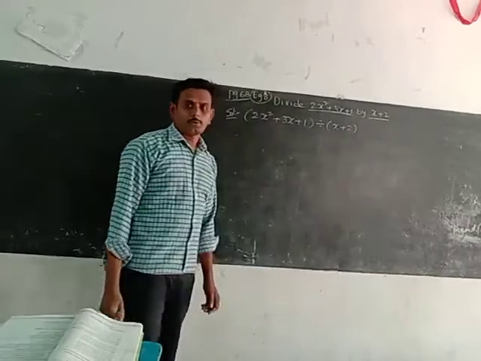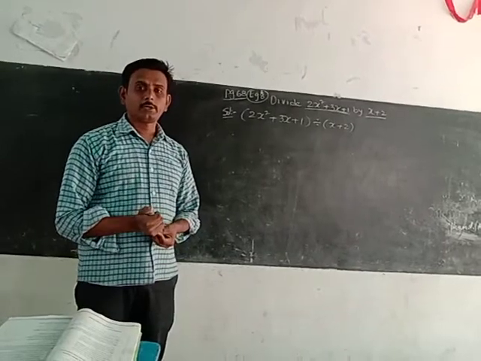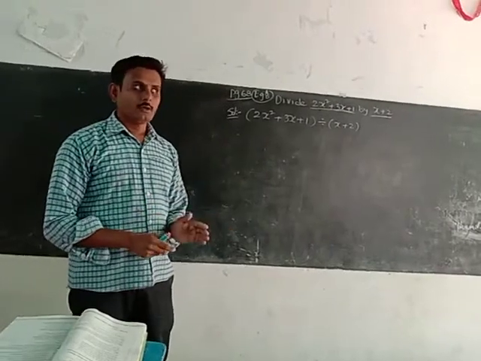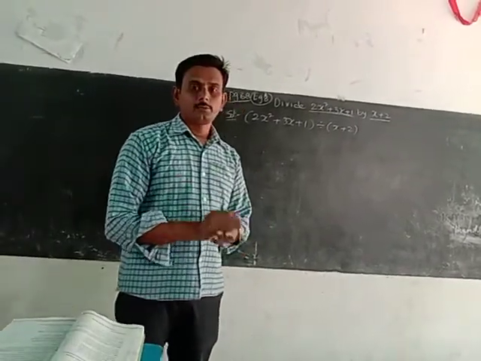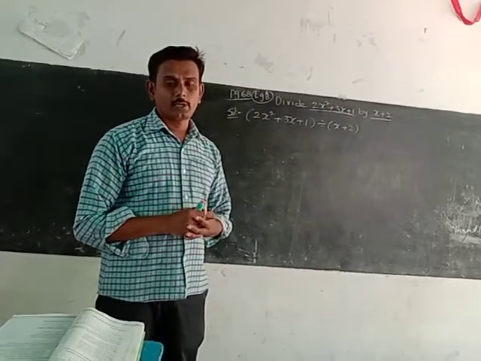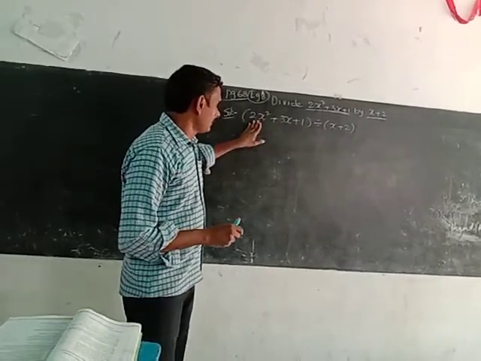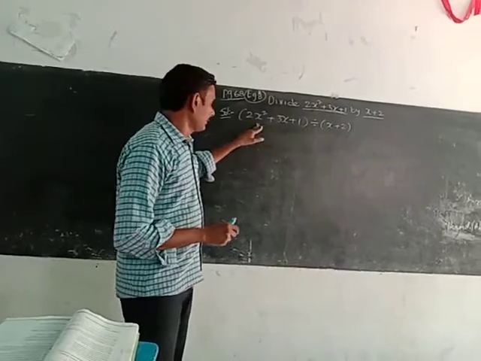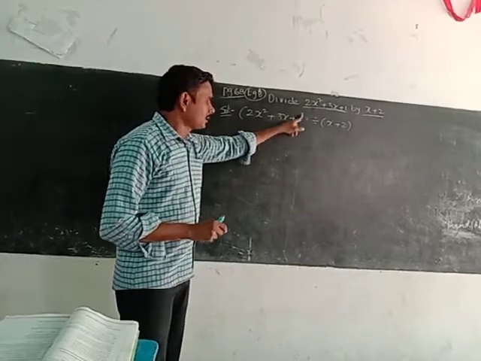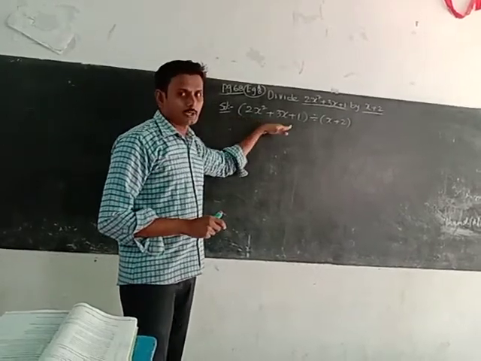Whenever you want to do polynomial division, one very important point you have to remember. By doing the division, the divisor and the dividend should each be in descending order according to each term's degree. Here the dividend has three terms. What is the degree? 2, 1, 0. The constant degree is 0. These are in descending order according to their degree.